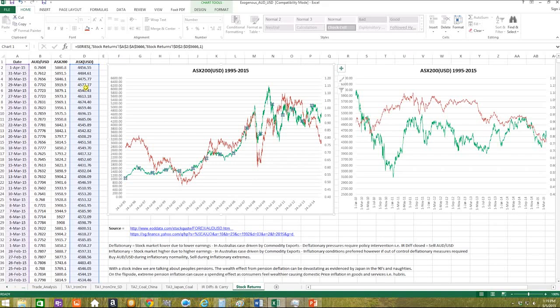So we can see that Australian wealth has been going up fairly considerably from 1995 to 2010, and since then it's been trending sideways, so been moving within this range here. But we can also see that the Australian dollar has had a deflationary period against the US dollar here, an inflationary period against the US dollar here, and a deflationary period against the US dollar here. And how do we analyze this? Well,